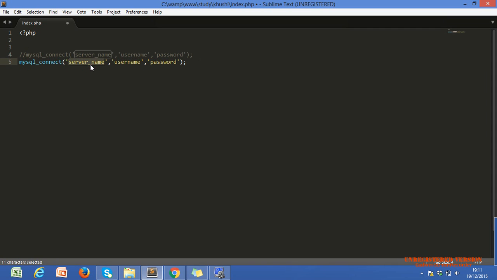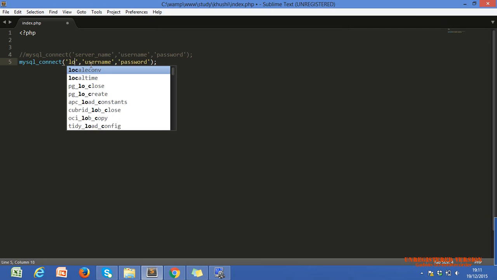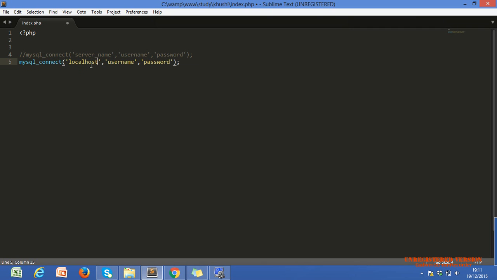Now our server name. If we are creating our pages, our website, on localhost, or you can say the WAMP server on your PC, then you have to write localhost. Localhost is our server when we are working locally, our local server.